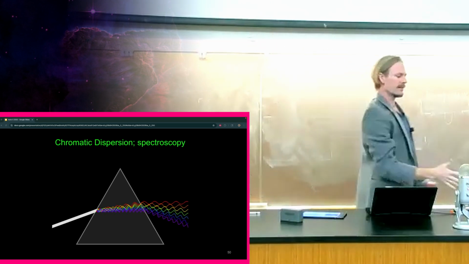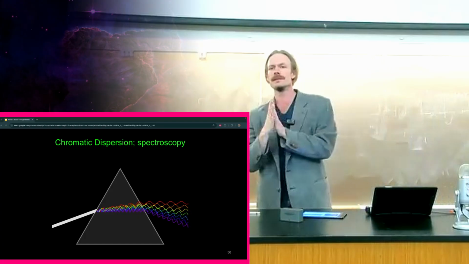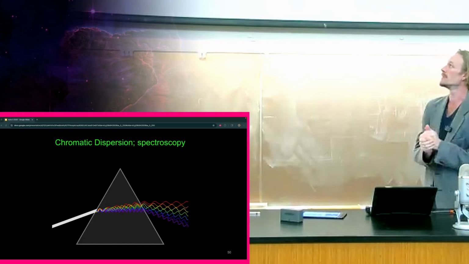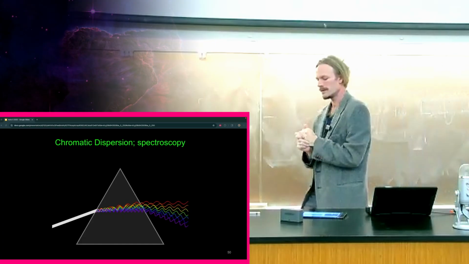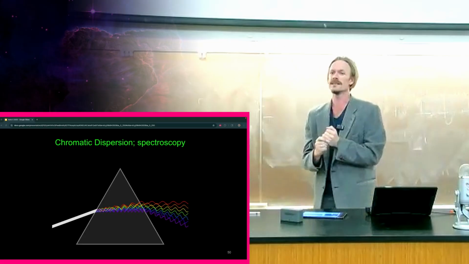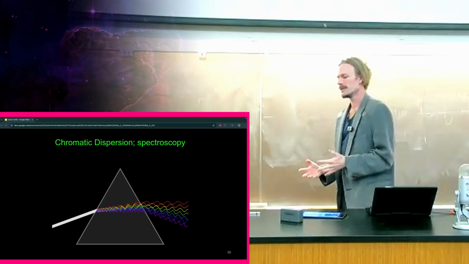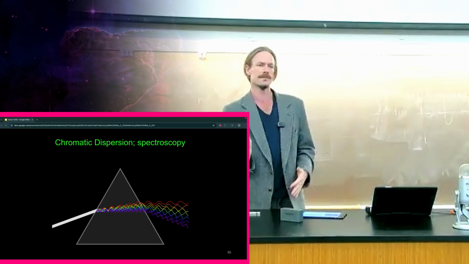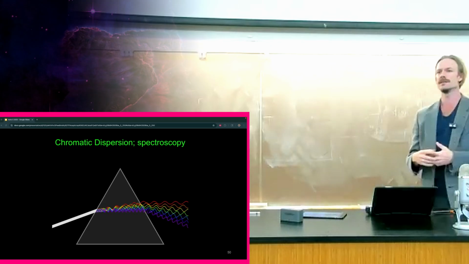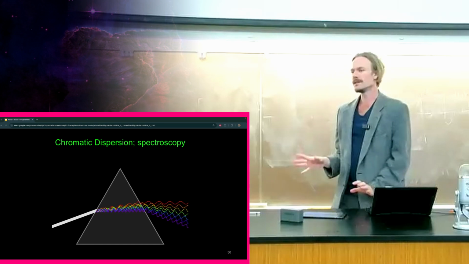the effect of the apparent velocity of light slowing down means that different waves separate inside of a prism. Again, this is much more of a phase decoherence situation than an actual speed change. But that doesn't matter because at the end of the day, what it means is that different wavelengths of light separate spatially when they emerge from the other side of a prism. This is really useful because it means that you can start to fingerprint different objects in the sky, right? Now, this was all well and good, but